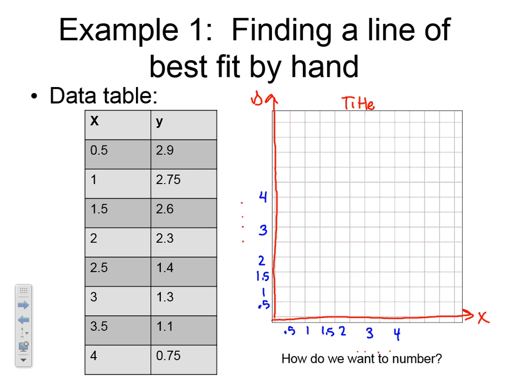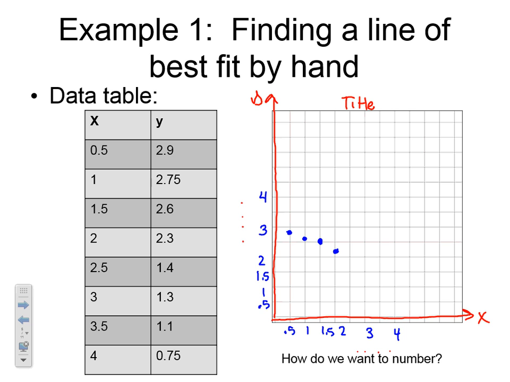So 0.5, 2.9, you can do that. That's about right there. 1 and 2.75, that's about right there. Oh, nope, it's a little bit further than that. My apologies. 1.5, 2.6, here's 2, it's about right there. It's closer to 2.5,